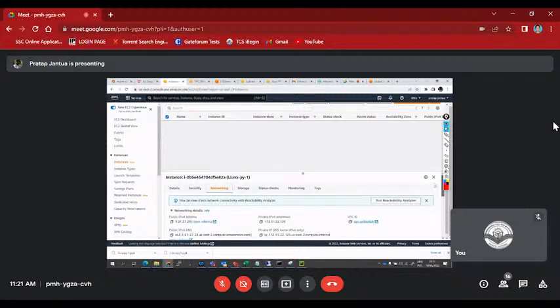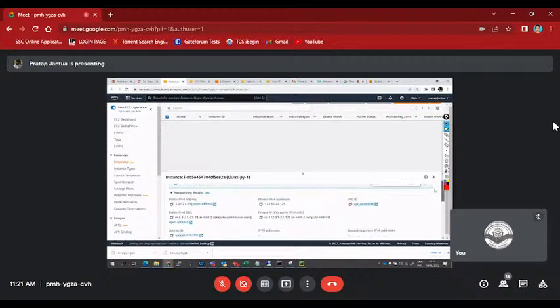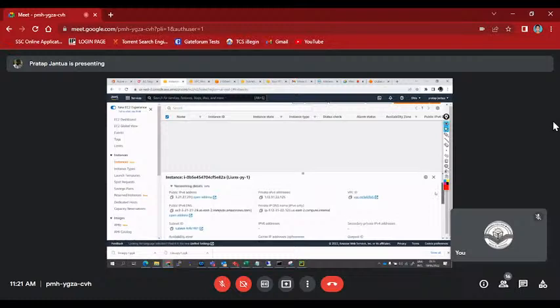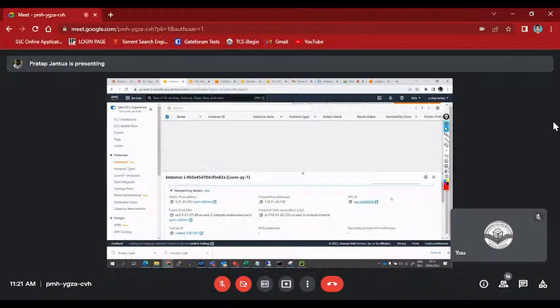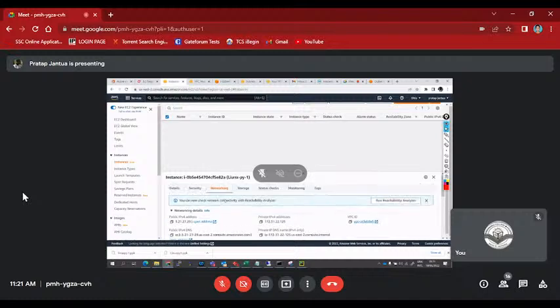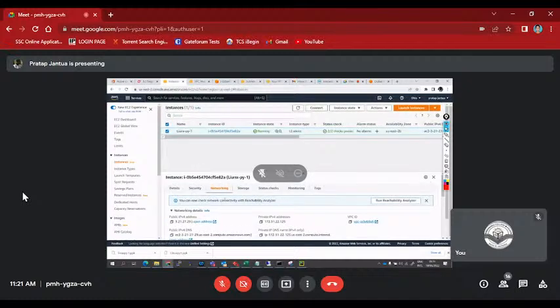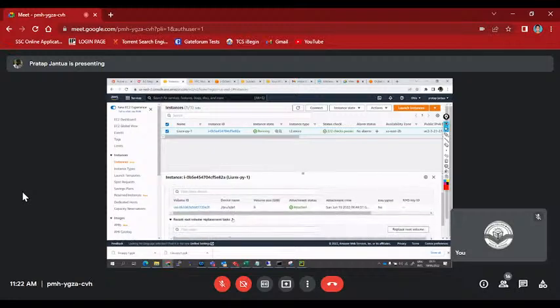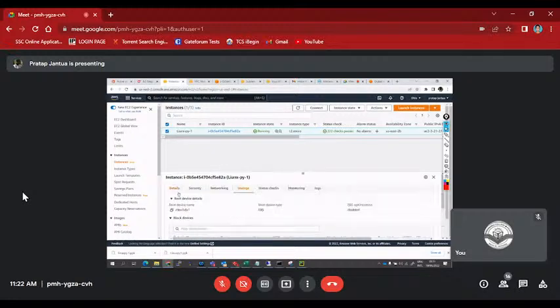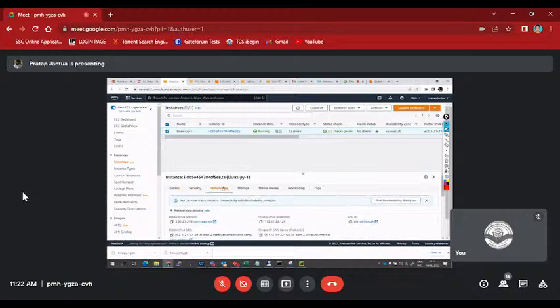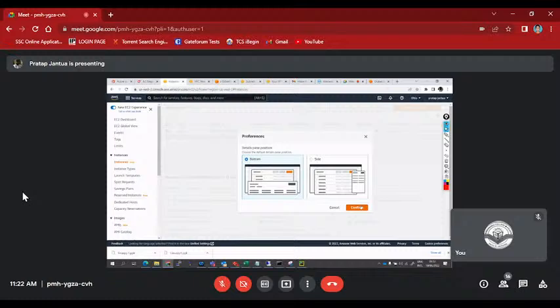Now if you see here, this is the default VPC, so we need to change it. We can do that while we are creating the instances. This is the default storage, which is already assigned. Once we go to network and click on edit,